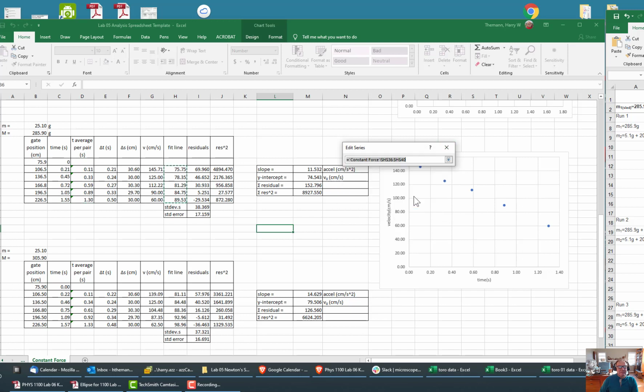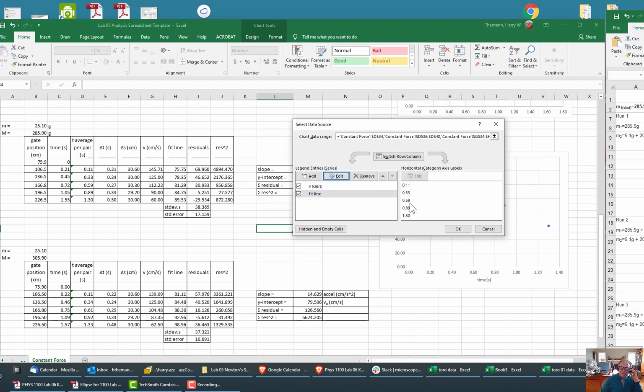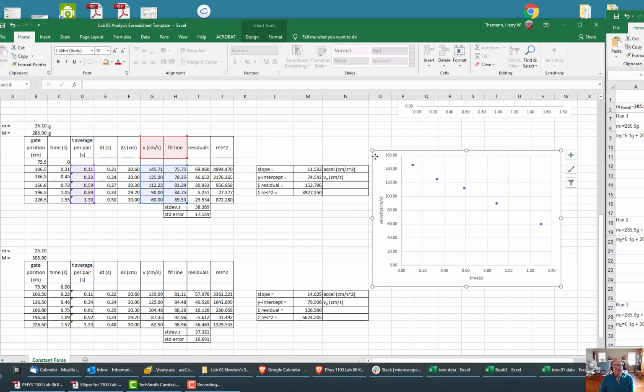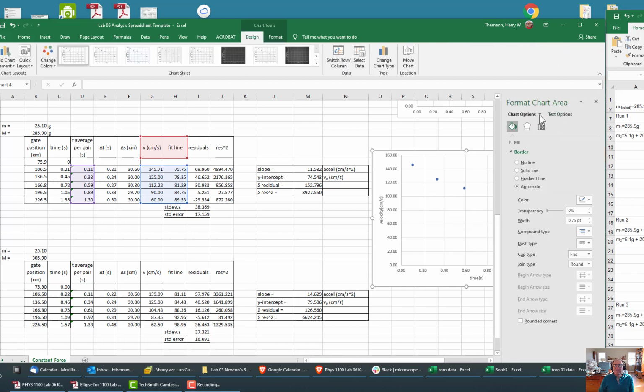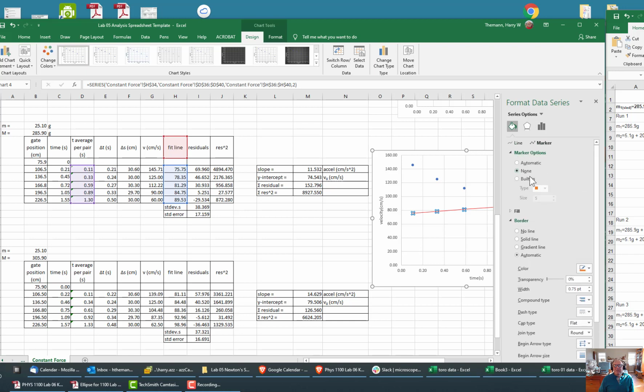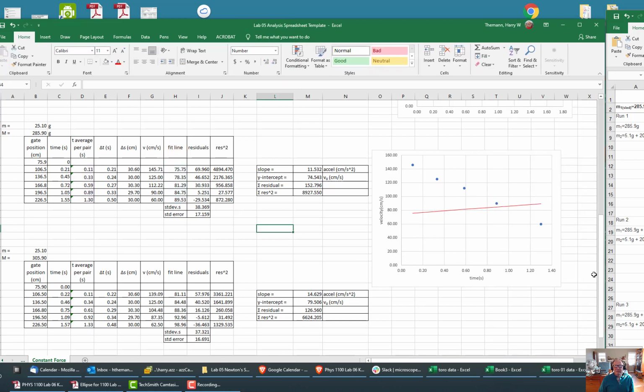And I have selected the fit line, and then when I click here, I noticed that the fit line's not showing up. So we just make sure the graph's highlighted, actually double click, then we look for the series fit line, and you say, oh, okay, we've got to add the line, make it thin, and we can also double check that there's no marker. Good. So then we have to do it one more time,